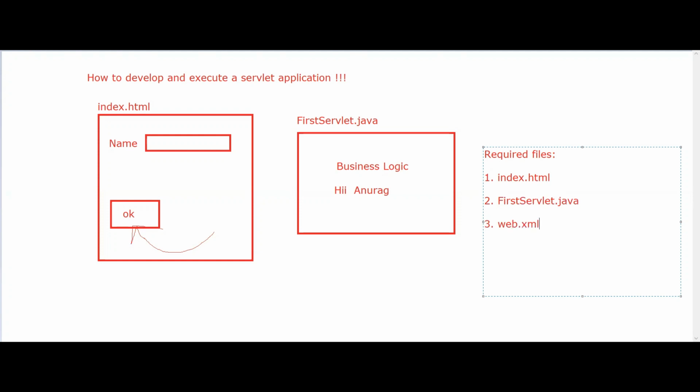For developing and executing any servlet, the last file you have to develop is the web.xml file. I will explain clearly what the web.xml file is and what its importance is in servlet application development and execution.